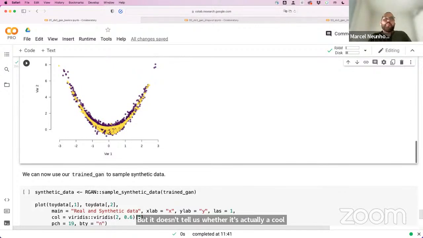However, there are some modifications to the value function that allow us to directly interpret the losses that we get as some sort of quality indicator. That's only true for the classical original GAN. But there are improvements that allow us to get a score that is correlated with quality, so that we can then from those scores infer whether